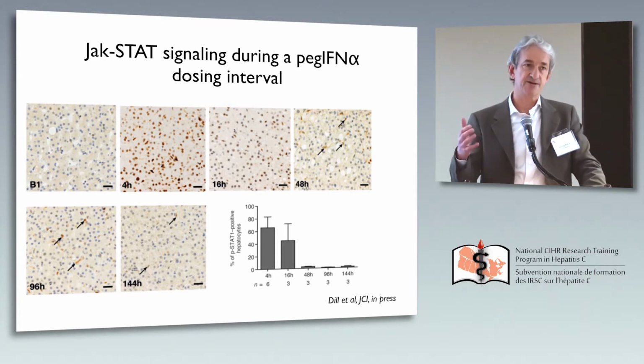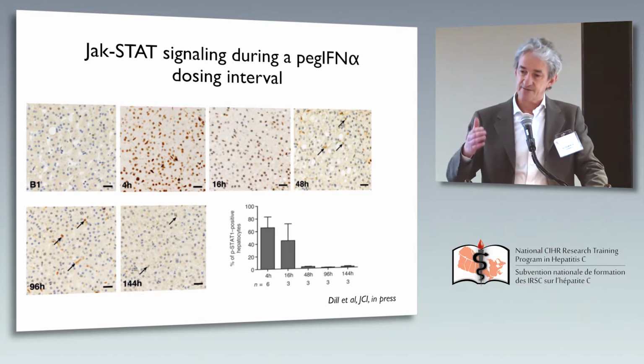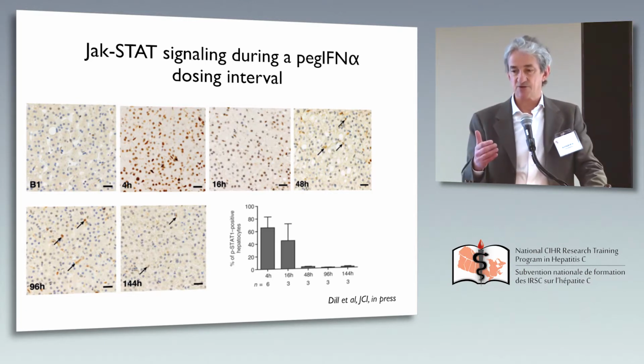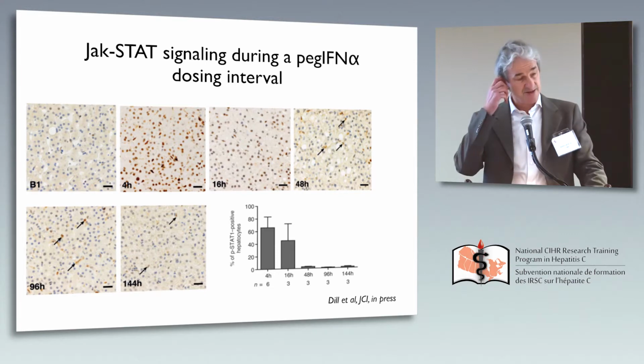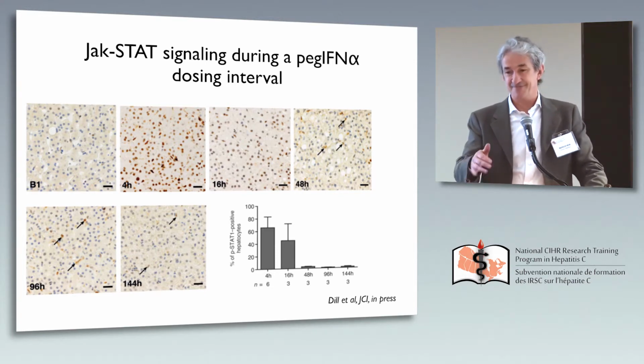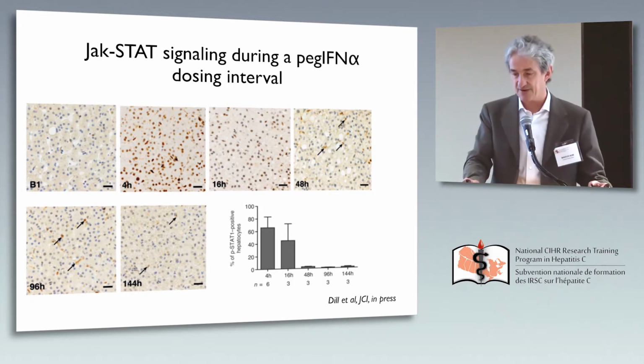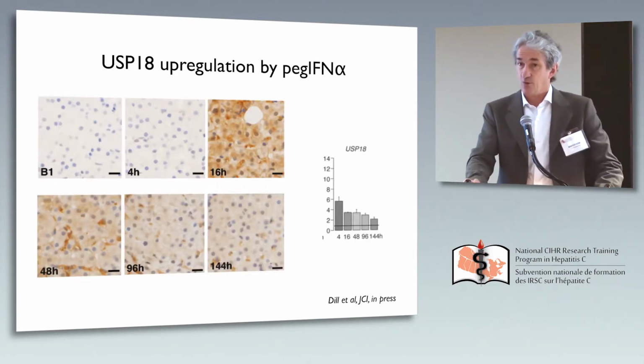So you have pegylated interferon alpha at day 3, 4, 5, 6, and 7 in the blood, but it does not stimulate interferon signaling in liver cells. It's in the blood, but it doesn't do anything in the liver. So it's basically a waste of, I don't know what, but it doesn't do anything in the liver, this pegylated interferon alpha. Now, one of the